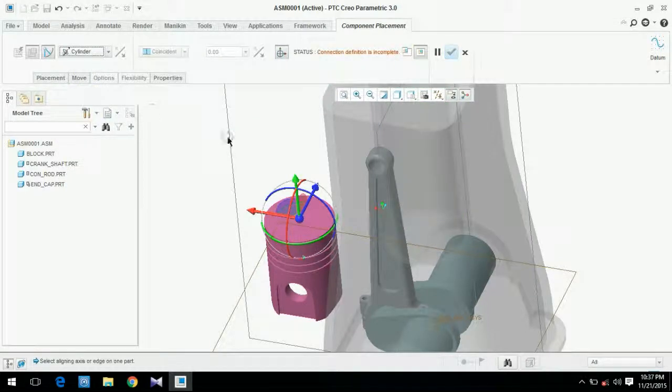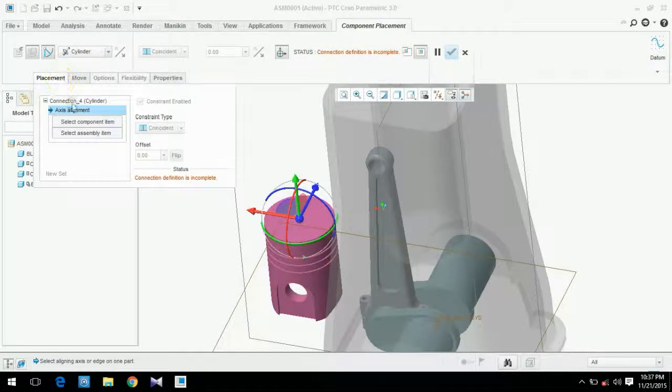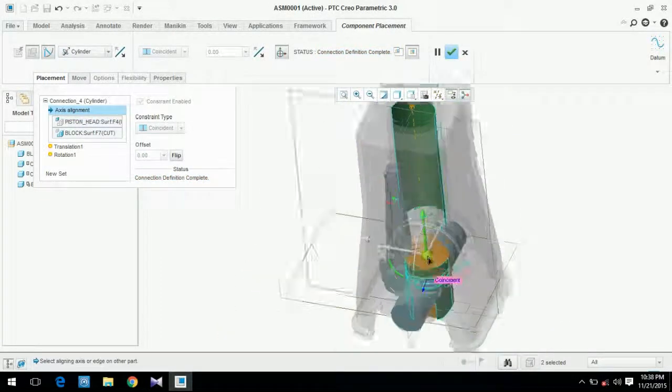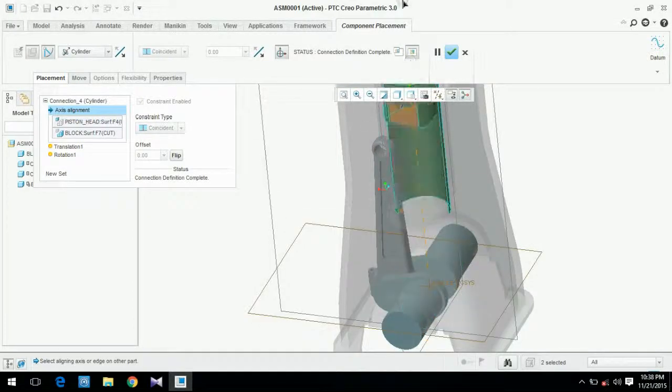First is rotational, and second is translation. That means if we put a cylinder relation on any two bodies, or any one body, then it can rotate in a direction and translate in a direction. It just asks for the axis of alignment. That means this circular body and this circular body. Now it can translate in this section and also in this section.